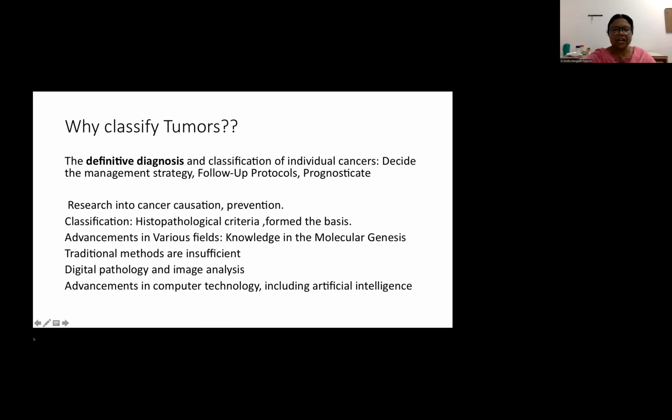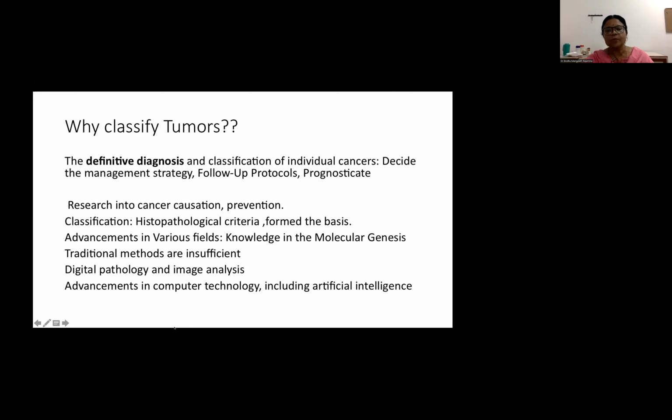And until recently, histopathological criteria formed the basis of any tumor classification. However, there had been advancements in various fields which has enabled us to gather more knowledge regarding the molecular genesis of the various tumors. Thus, today we stand in a state where the traditional methods are insufficient for a categoric